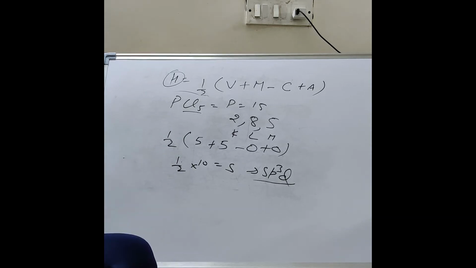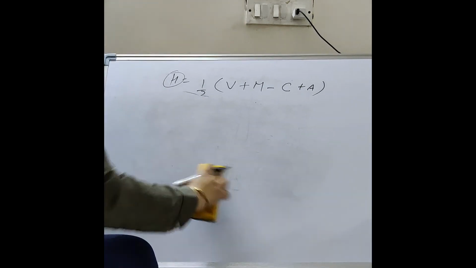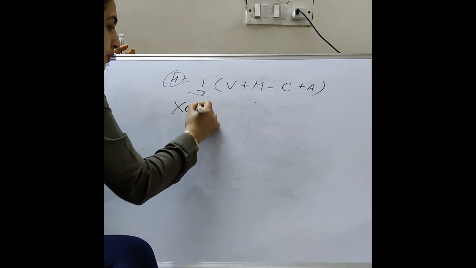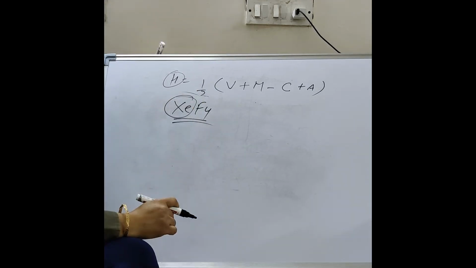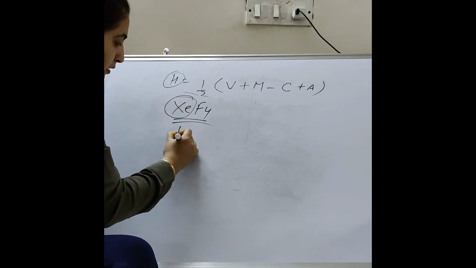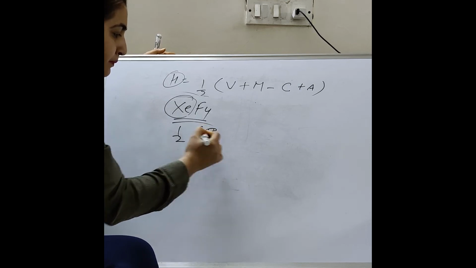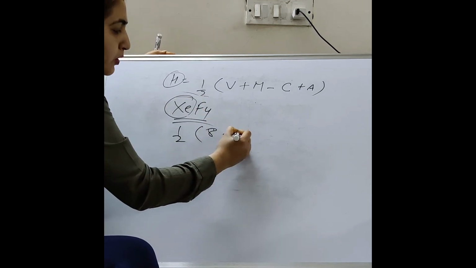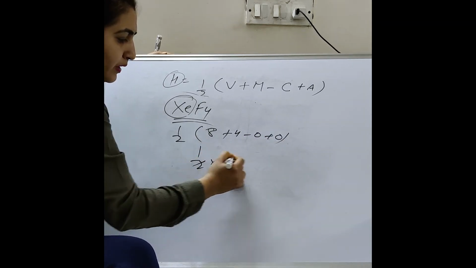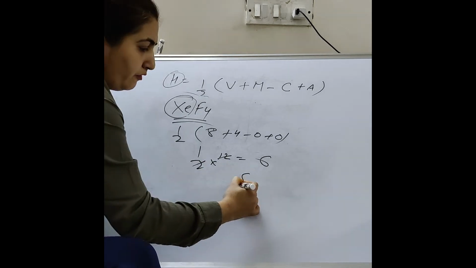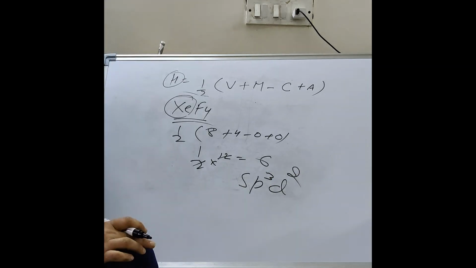Right? Now let us take the example of XeF4, xenon compounds. They are rarely formed. Right? So xenon belongs to group number 18. It is an inert gas. So they all have 8 electrons in their valence shell. So here we have 4 monovalent atoms, minus cation, plus anion 0. So it will be 12, and what we get here is 6. So it will be like sp3. How many left? 2. So it will be sp3d2.